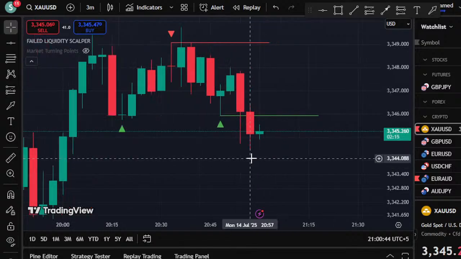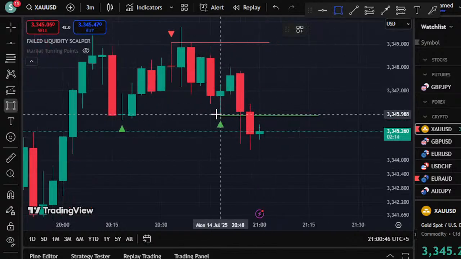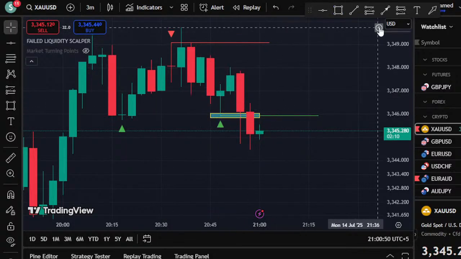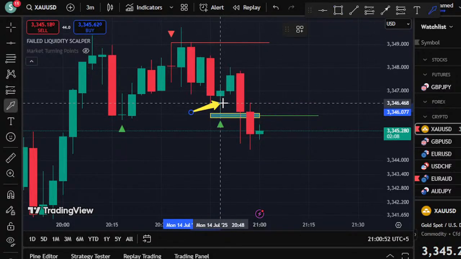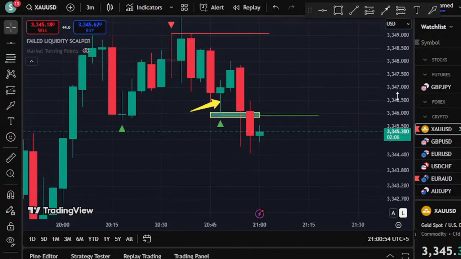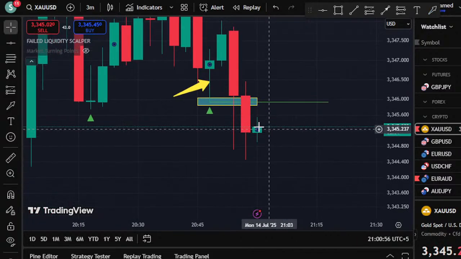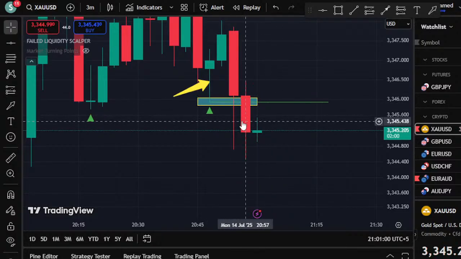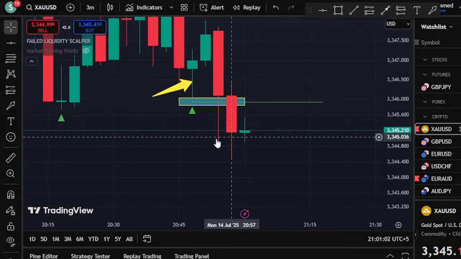Right now, as you can see here on gold, this is the low of the signal candle. I am talking about this green candle. What the market has done is, it was going down and it broke the low. So basically we normally wait for the break. So now it's a sell.